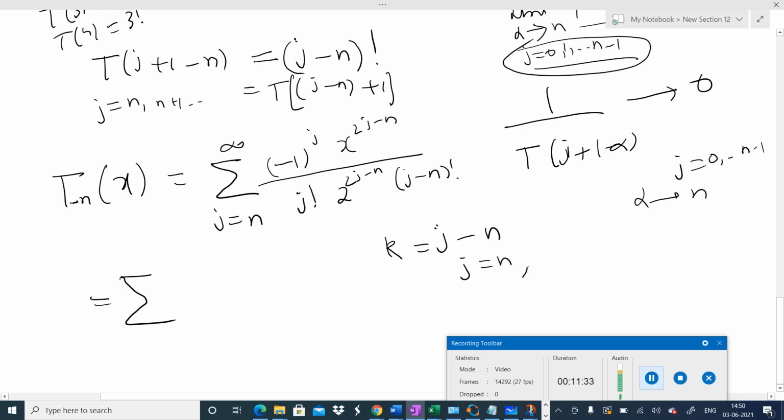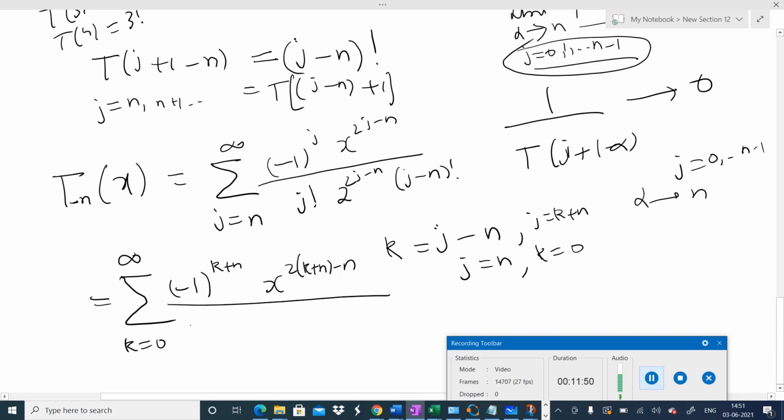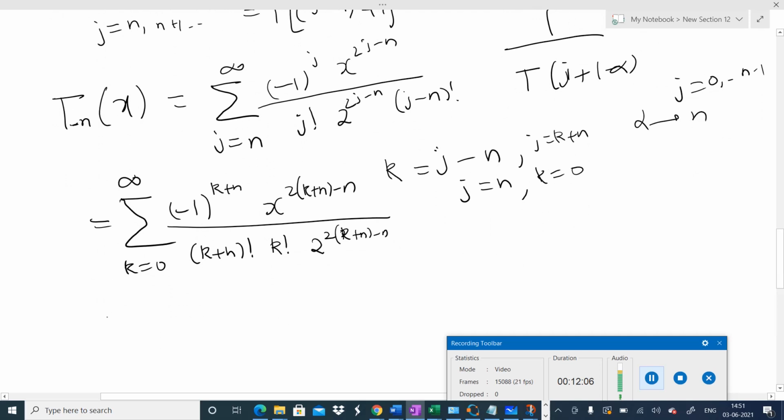So as j equals n, k equals 0, infinity remains the same. Minus 1 to the power j, so hence j is equal to k plus n, so I will write here k plus n, x to the power 2(k+n) minus n divided by j factorial, which means (k+n) factorial, then there is (j-n) factorial, that is k factorial, then there is 2 to the power 2(k+n) minus n, right? So this can be written as